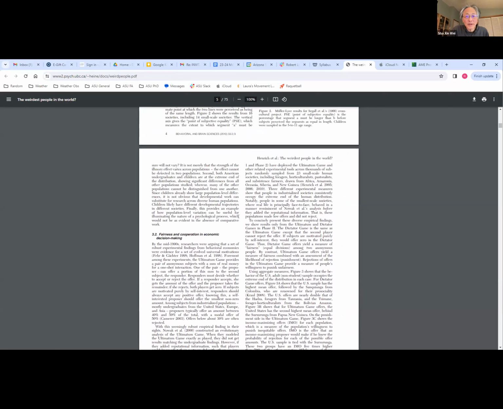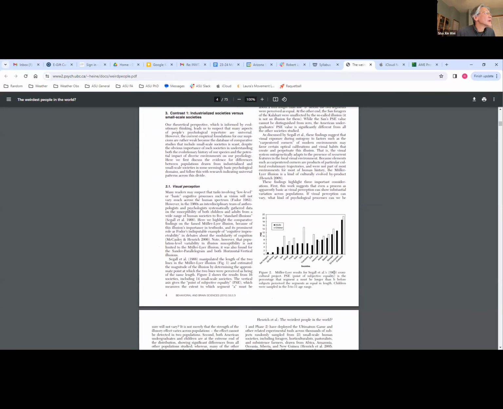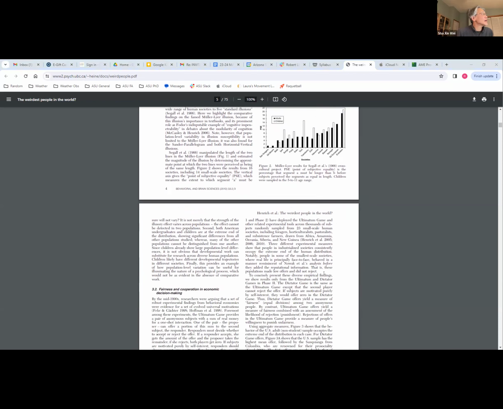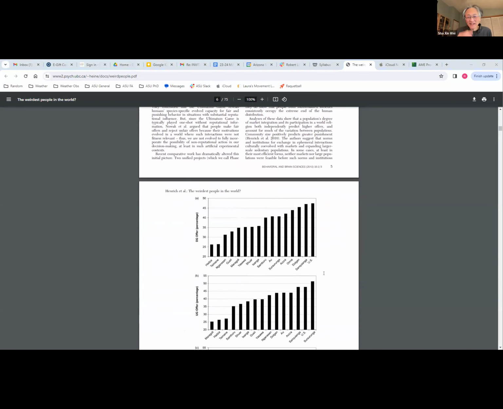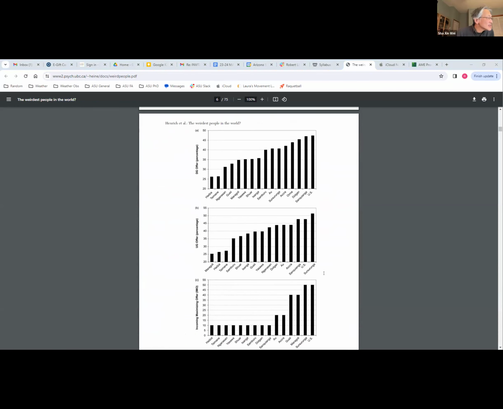Keep it on that screen. So page 4, if you look at the bottom, see that chart and all the different kinds of people, like foragers, miners on the left-hand side, and different groups. These are so-called small societies. And all the way on the right-hand side, Europeans and Evanston, Illinois University, I guess. If we scroll down some more, under fairness, that chart right there, I think this is the chart for the ultimatum game.